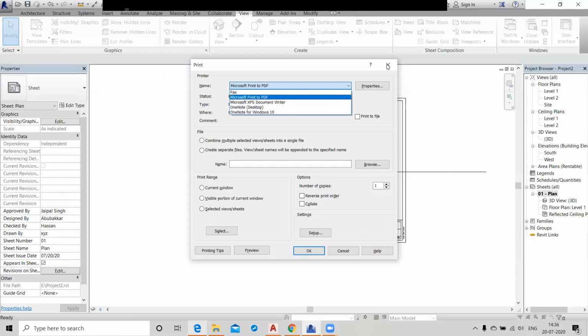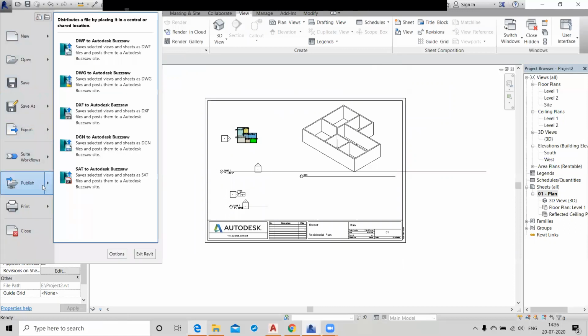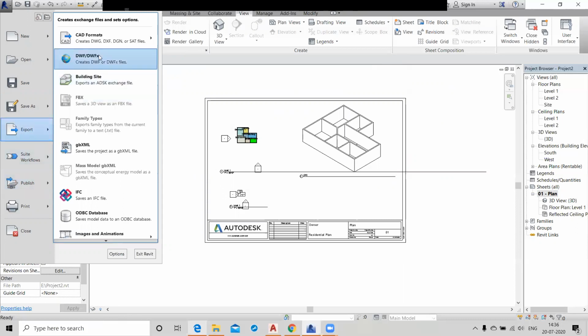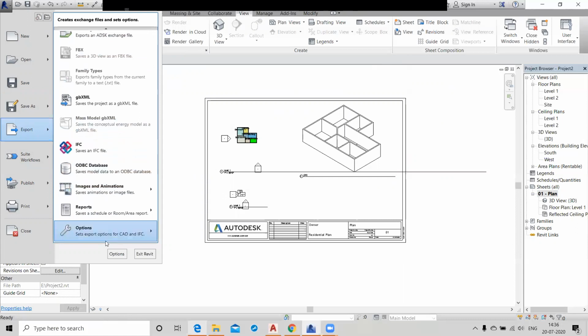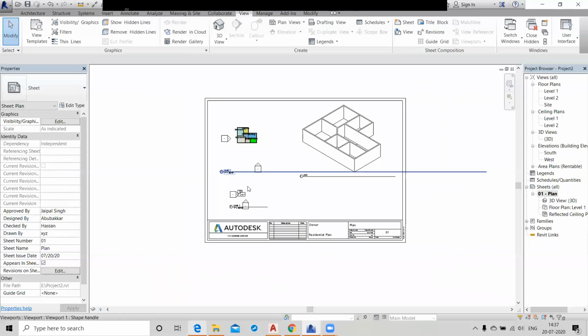You can also go to the image option. If you want to convert into image, you just click here, just image or just current window, and click on OK. So you can easily convert this into an image.